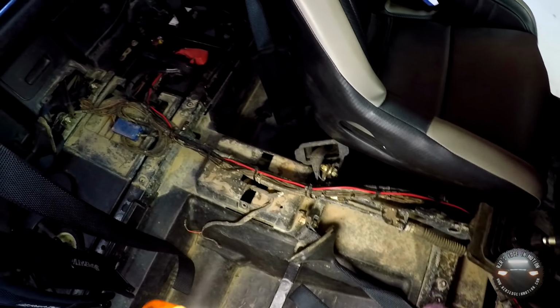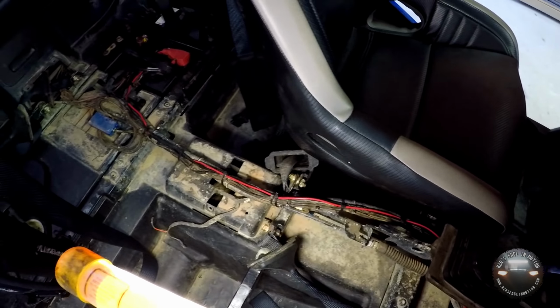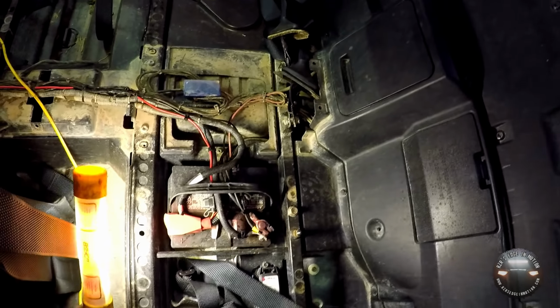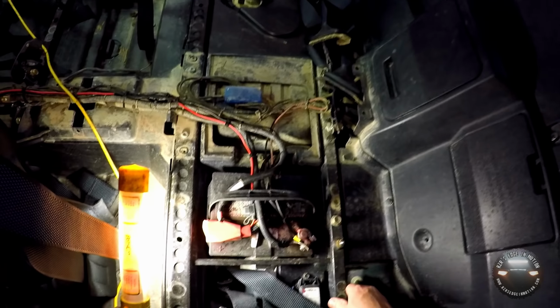Then I extended them from here up to here to make them long enough. I did mention this to Rugged, and they are aware of it, and said they are working on a solution to keep people from having to extend these leads. One other note I need to make about the 12 volt leads here feeding the radio is, just like Rugged